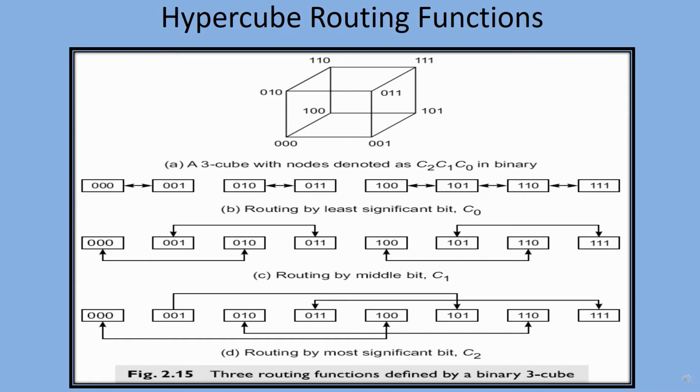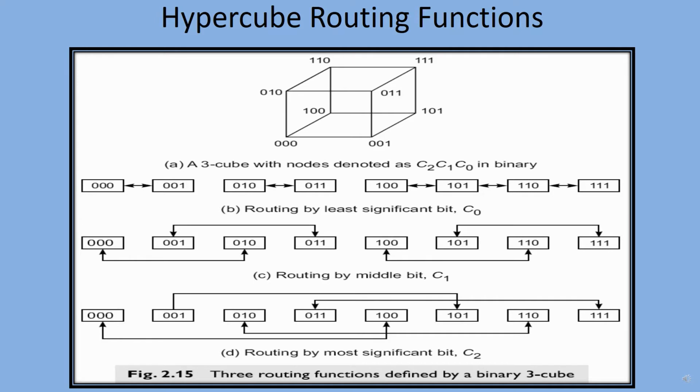Similarly, with the combination 010 and 011, the least significant bits are 0 and 1, but the other two bits, 01, are constant. Similarly, for the mapping of 100 and 101, again 10 is constant and the difference is with respect to the least significant bit. These are the kind of mappings we can do with respect to the least significant bit.